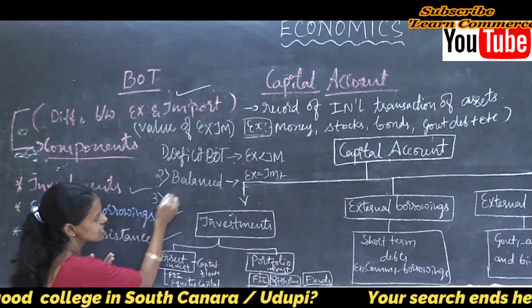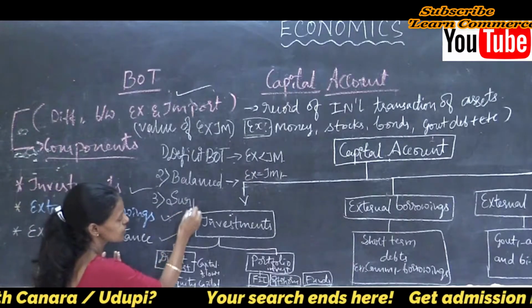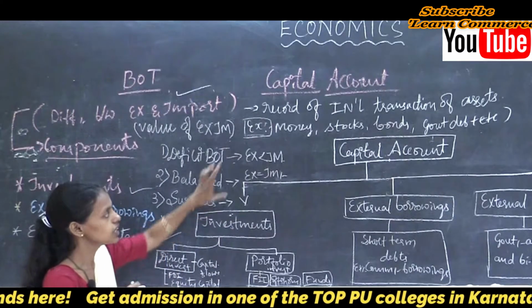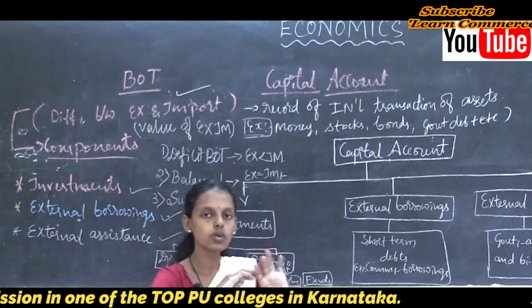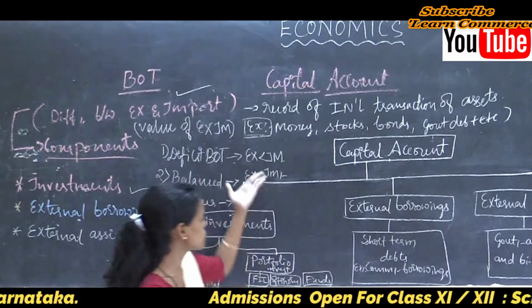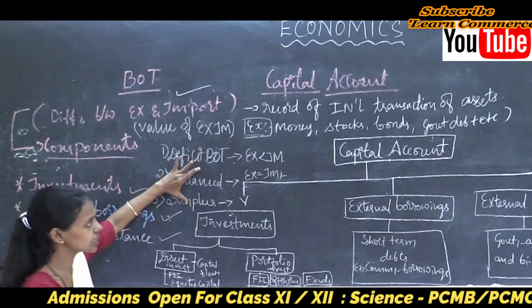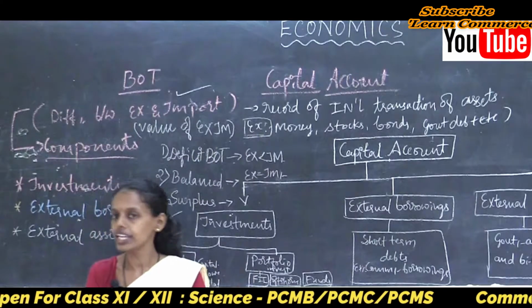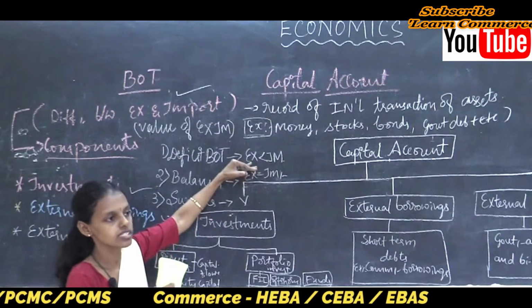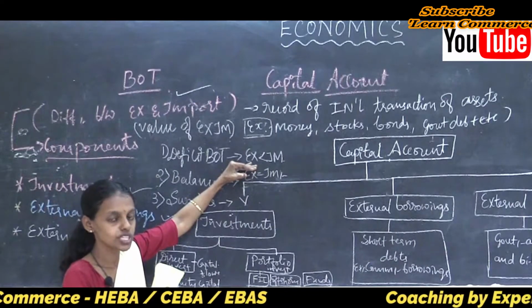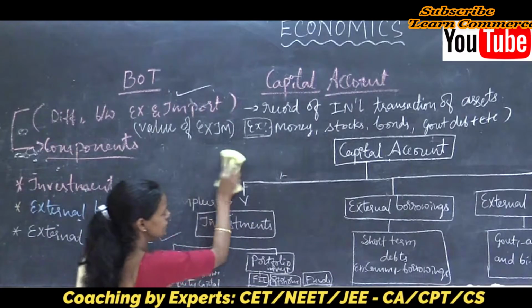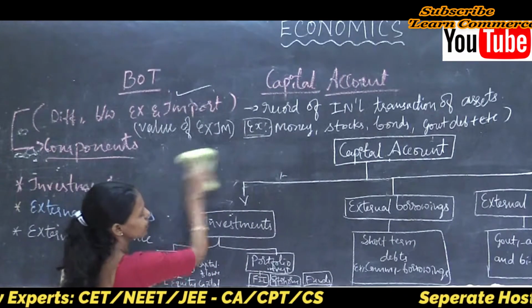Third one is surplus balance of payment. Surplus balance of payment is nothing but when exports exceed imports. It means the exports of the country are more than the imports of the country, then it is said to be a surplus in balance of trade. So a surplus in the balance of trade leads to an increase in our receipts and it leads to the development of the